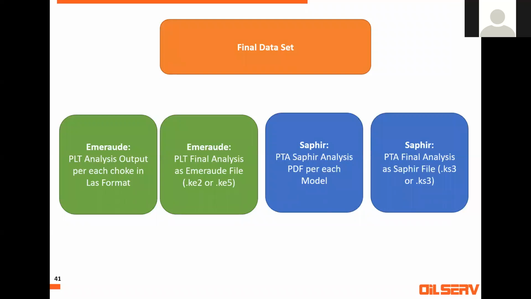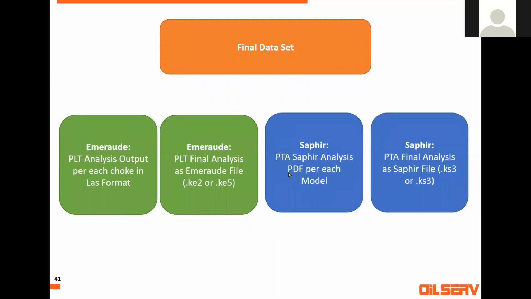So maybe somebody comes after 2 years. He wants to check our work. Double click, and he checks what is inside Emeraude. Because Emeraude is like a database. You make a run in 2018, you put it there. Final. You make a run in 2019, you can just put your 2019 run and keep working on it. So you can see all the sequence of the runs inside the Emeraude.